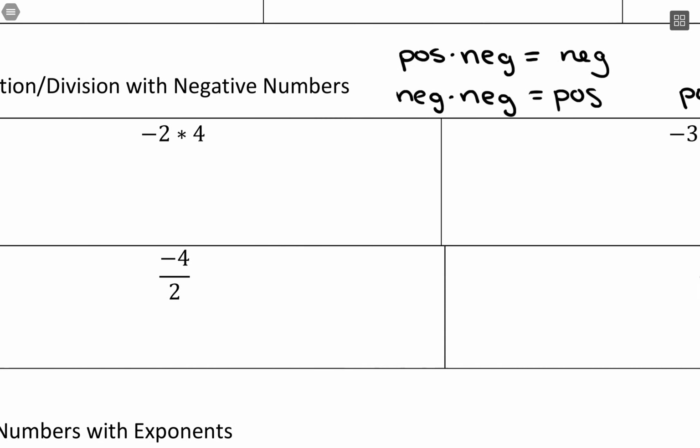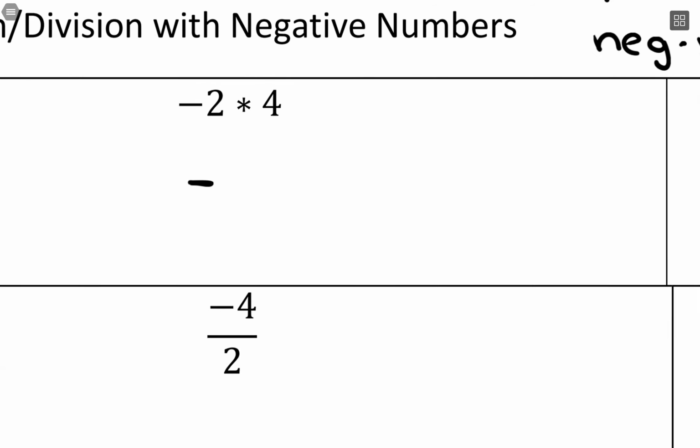So I have a negative and a positive multiplying together here. So that means we're going to end up with a negative number. So that's the first thing I think of with these, is just what type of number do we have, positive or negative? Then the calculation is pretty direct in that you just think about multiplying those two numbers together. So 2 times 4 is 8. In terms of symbols, let's actually talk about that real quick. So -2 star 4